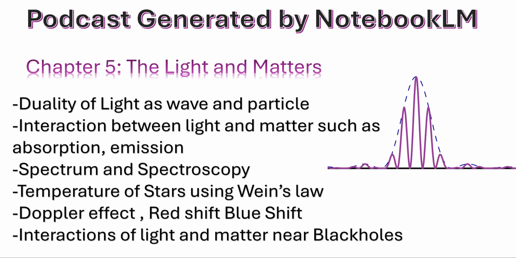But wait a minute. If gravity can bend light, does that mean light has mass? I thought it was supposed to be massless. Another great question. That gets to the heart of how we understand gravity and the nature of light. The truth is, light doesn't have what we normally think of as rest mass. It's always moving at the speed of light. But because light carries energy, and energy is equivalent to mass, according to Einstein's famous equation, E=mc², light behaves as if it does have mass when it interacts with gravity.